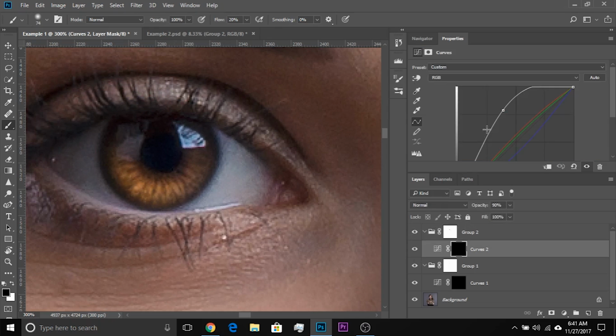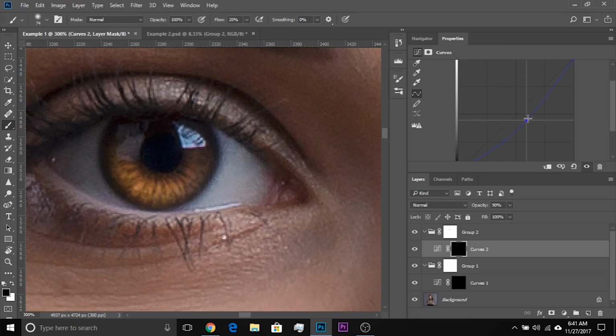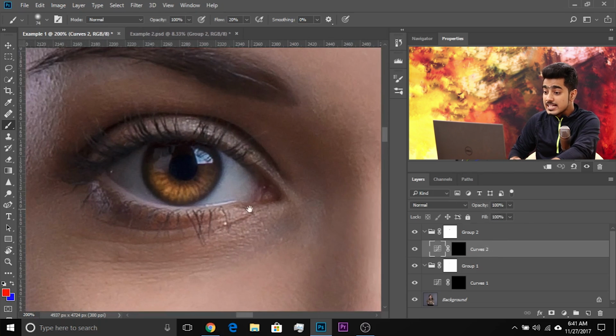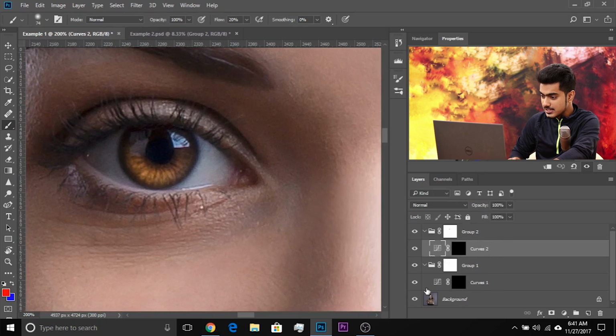Just those little points. If you want to go ahead, you can increase the brightness of that as well. And then you can increase the yellows in them if you want to. And there you have it. Now have a look at the before and after of this eye, just this eye. We have done very minimal adjustments. Have a look. Before, after. Before, after. Creates a lot of dimension in that.